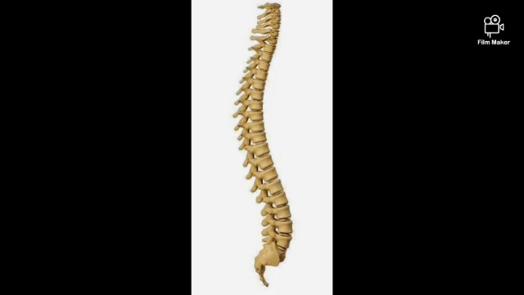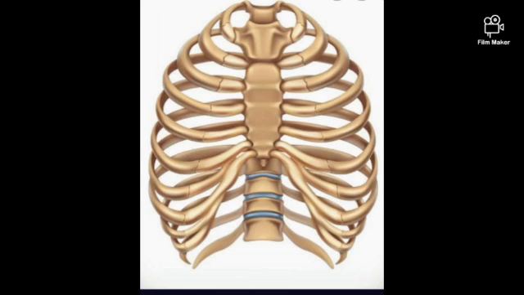Each vertebra has a hole in it. The delicate organ of our body called the spinal cord passes through these holes. Thus, the backbone protects the spinal cord. The backbone is also called the spine or the vertebral column. So, we have known the two other names of backbone, which are vertebral column and spine. And if you have any confusion in backbone, you can ask me in the comment box.